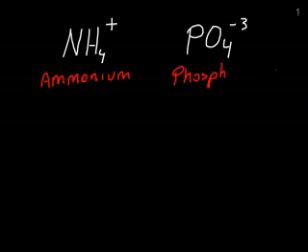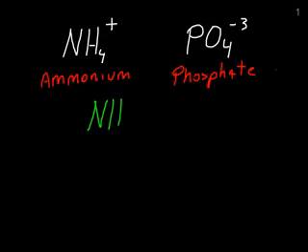ion. Now initially you're going to have to use your chart of ionic names, cations and anions, to figure out what the names of these polyatomic ions are. Eventually some of the more common ones you'll get to know just because you've used them so many times. Now, how this works